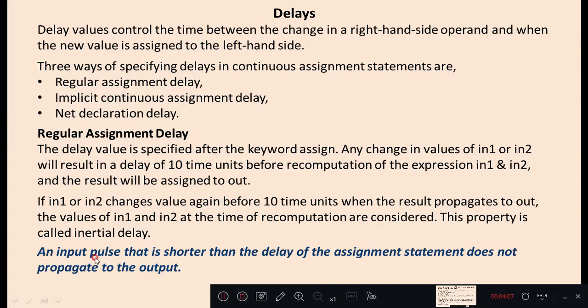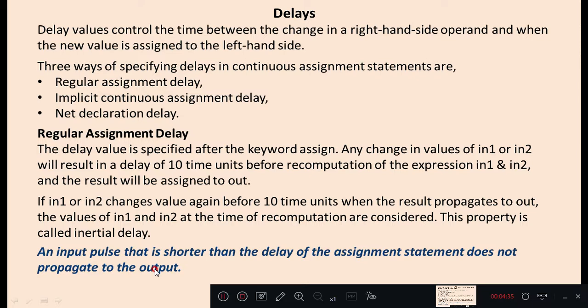Here we can observe that an input pulse that is shorter than the delay of the assignment statement does not propagate to the output. It's a very important observation. So that is treated as noise on the wire and it is not processed or propagated at the output. So the inertia of the device also deals with the noise.